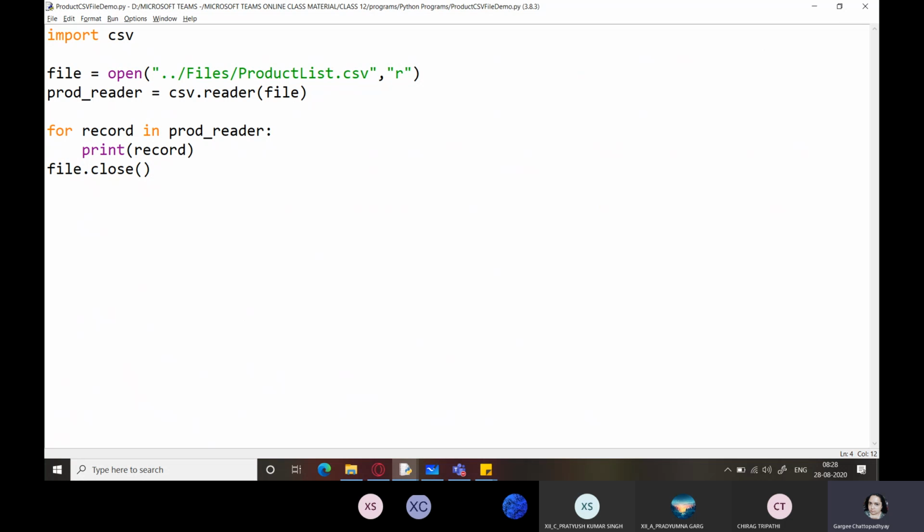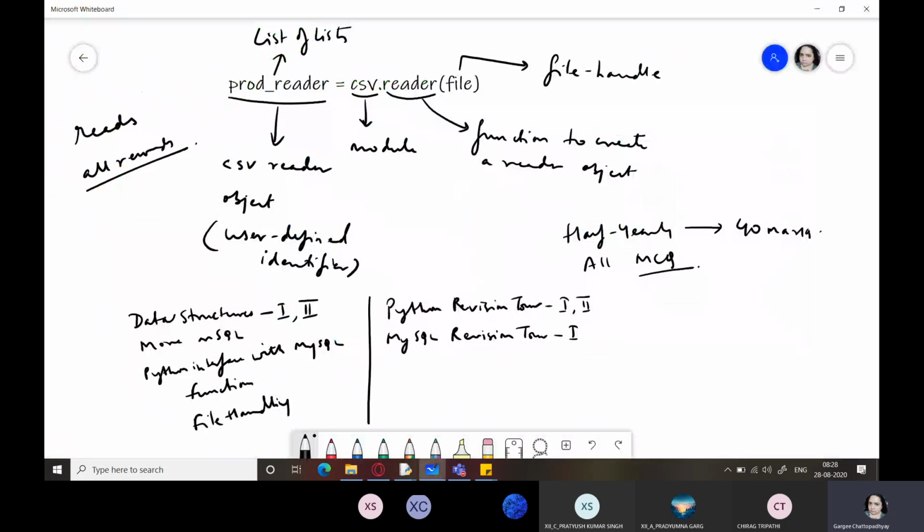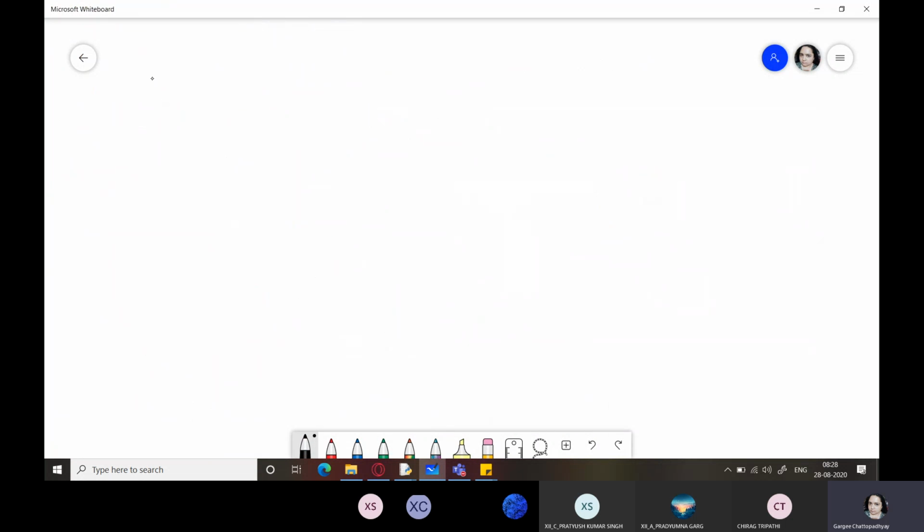There is another way which we are going to see today. We can even shrink this program further by using the with open as command. Okay, so with open.